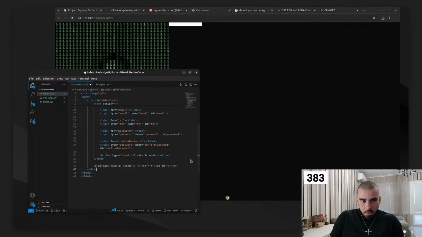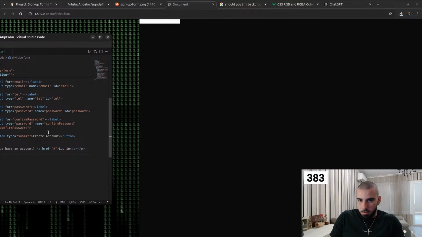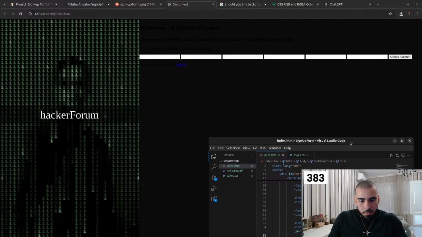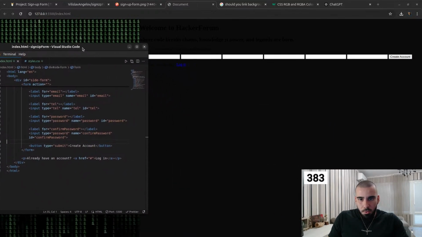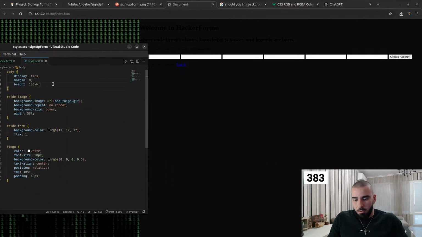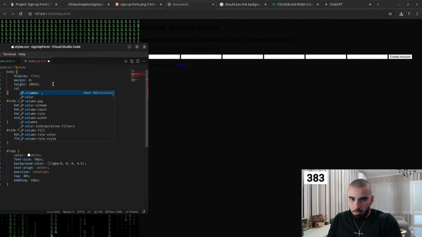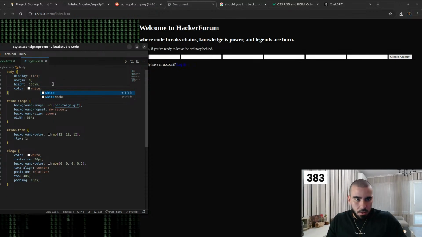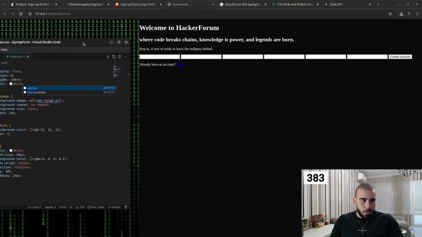Now let's see when we save it what's going to happen. So we have a lot of text. It's just that by default the color of the text is black, so set it to white for now, and this is better, but